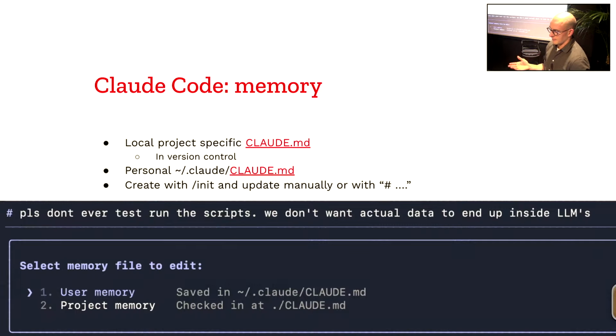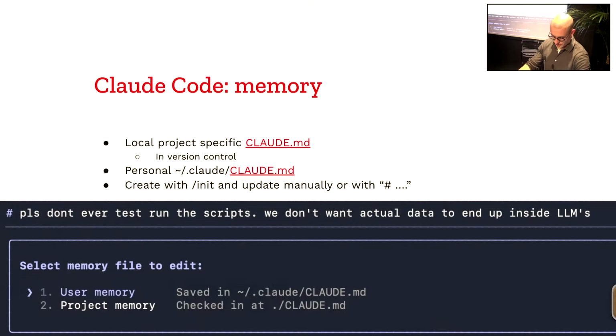I can also have personal context files if I have some personal stuff that is not shared with the team working also with Claude Code in this repository. And I can use this hashtag to say to Claude that please don't ever run the scripts here in this project. We don't want actual data to end up inside local large language models.